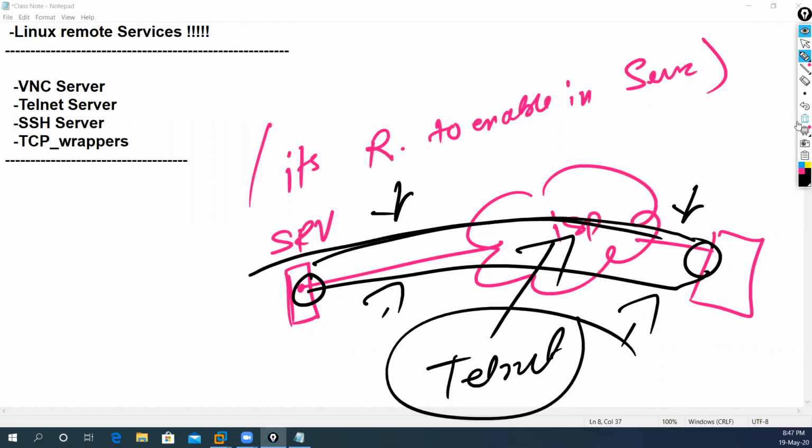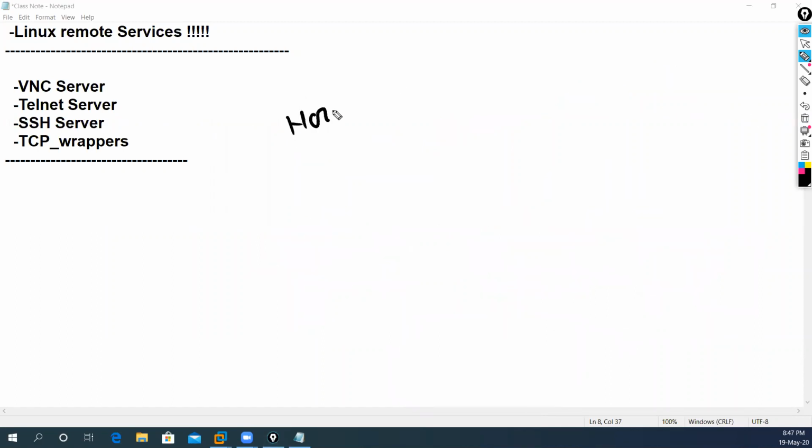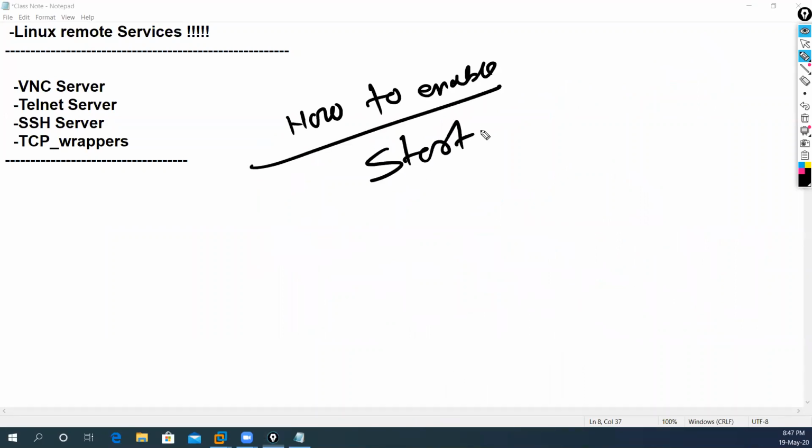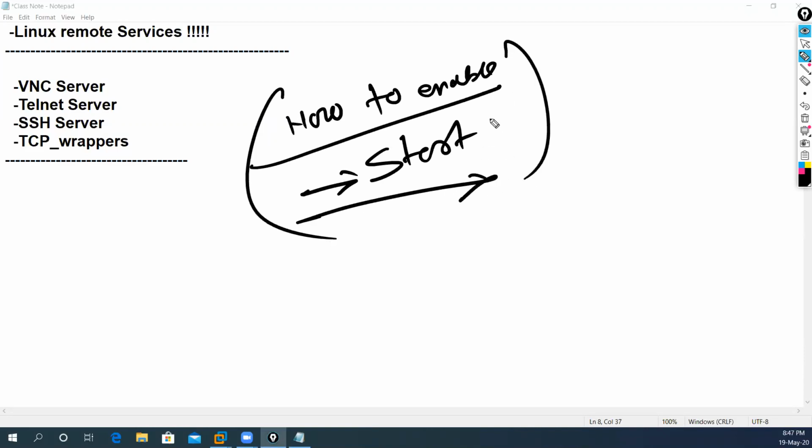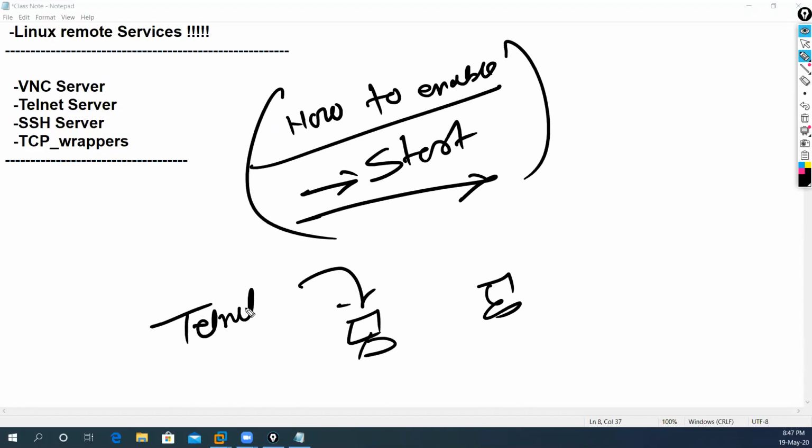Now my lab is how to enable telnet. Enable or start the telnet services. Okay. Due to security reasons, telnet stays in disabled mode even in Windows and Linux. If you are working in Windows or Linux, then no problem. You have to install the telnet server,